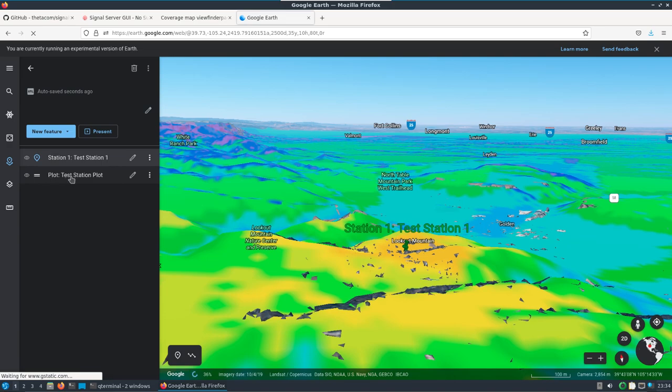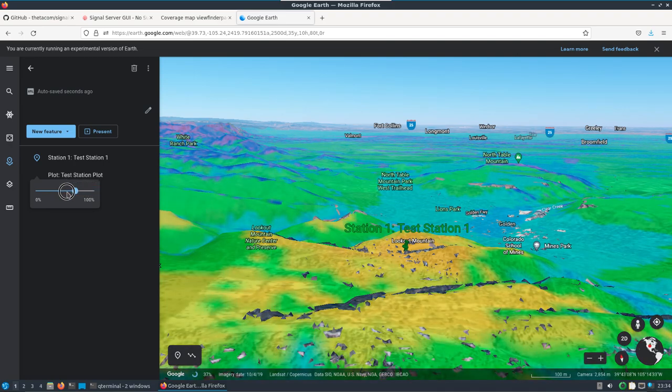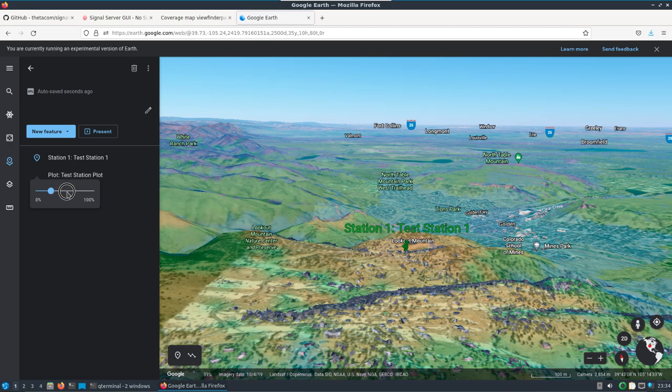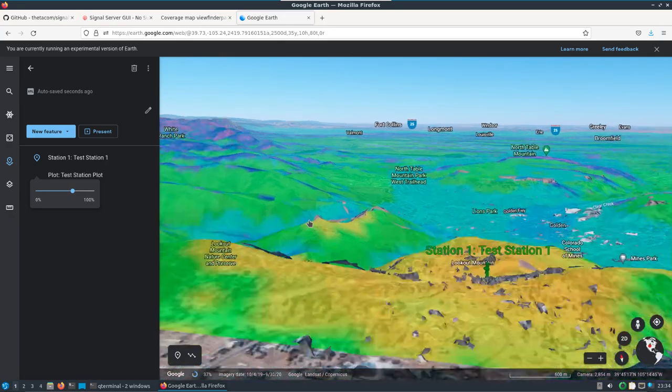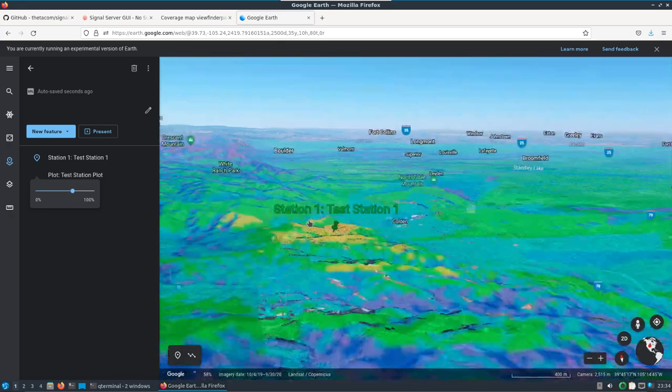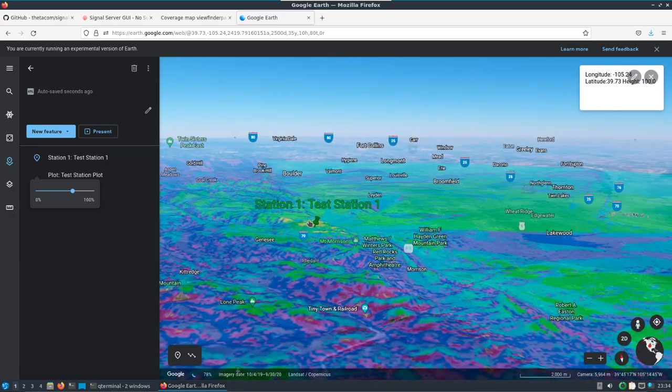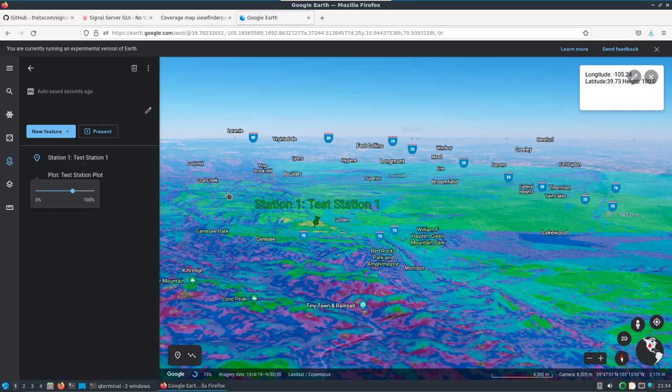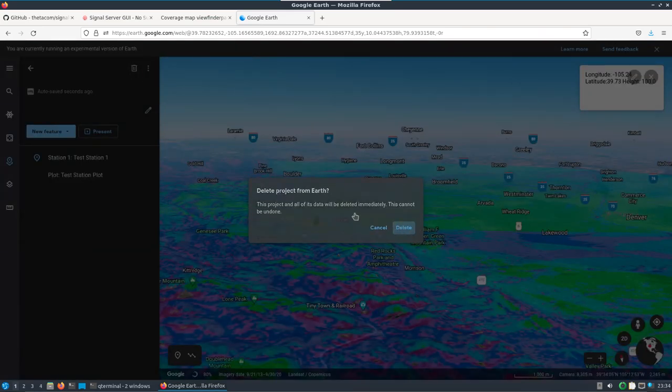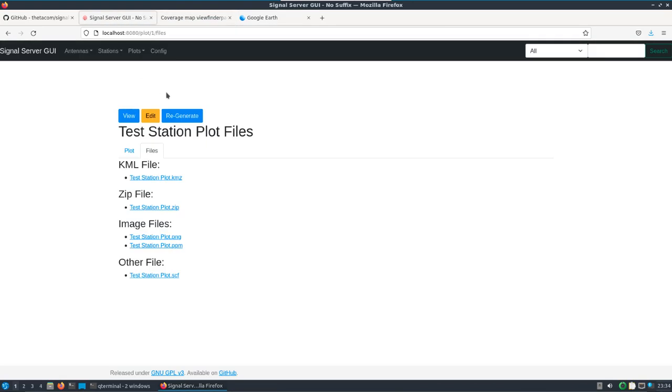I always forget. There we go. So we can adjust opacity there as well, or when we initially build the file. Alright, so let's drop this off the map for a second, and we'll come back, and what we're going to